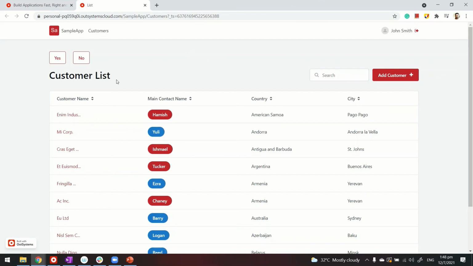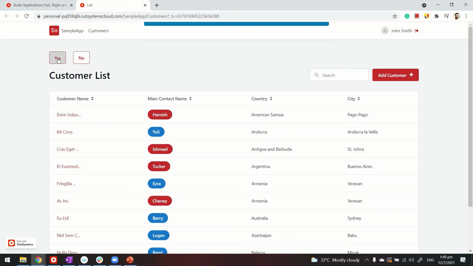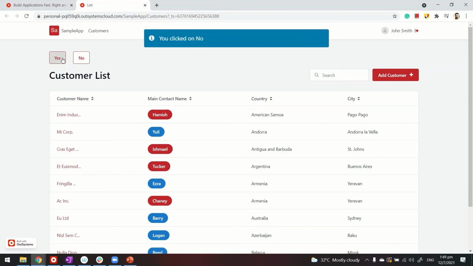First of all, I think the list is not empty, so I am seeing the false branch of my condition where I put the first if. The second if was under the main contact name. You can see if the characters are less than 5, they are displayed in different color coding. If and else is working here as well. For our logic, if I click on yes or no, it's the same logic, but by passing the different variable and using the if condition, I'm able to trigger both kinds of branches.